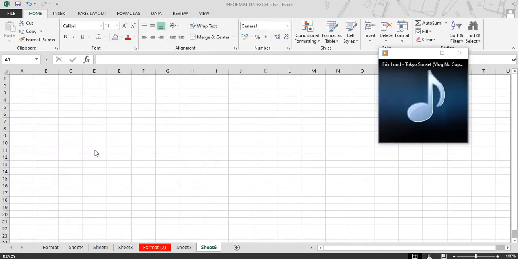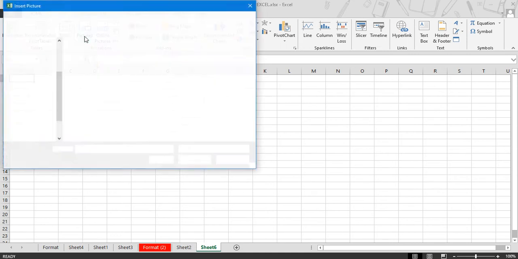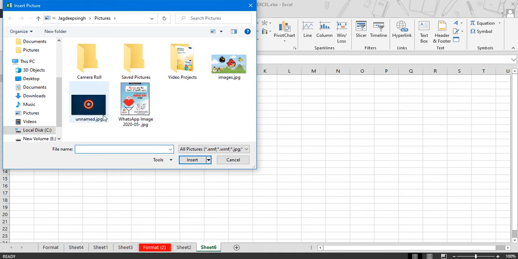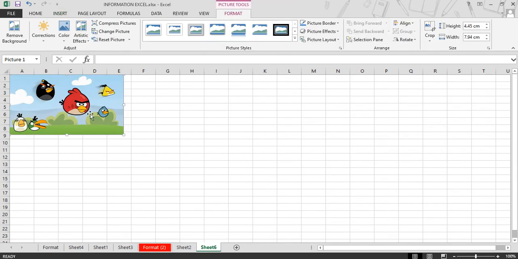Students, now we are going to learn the next options available on Insert tab, illustration group, in which first we have picture. So when we have to insert any picture in our Excel, you can use this option to insert a picture. Click on picture, open any picture which you want to insert in your document. Click on insert button. So picture is inserted into your document.